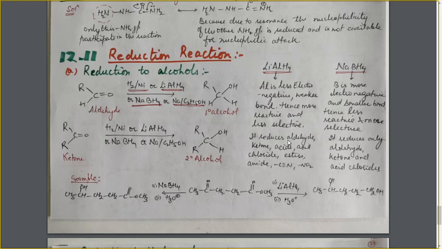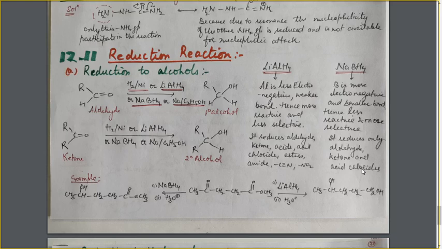It is a strong reducing agent. It can carry out reaction with all these species. Sodium borohydride will attack only the reactive species, like aldehyde, ketones and acid chlorides. It will reduce only these species because of lesser reactivity. So these two reagents have very much difference in their nature and reactivity, and that's why we have to consider in the reaction which of the two species is to be used.